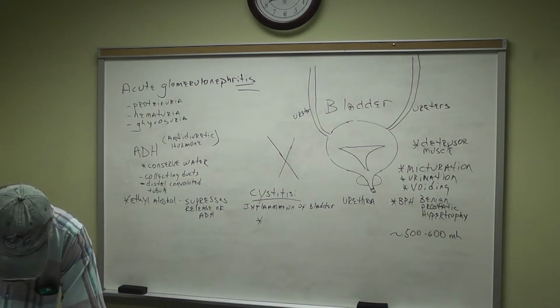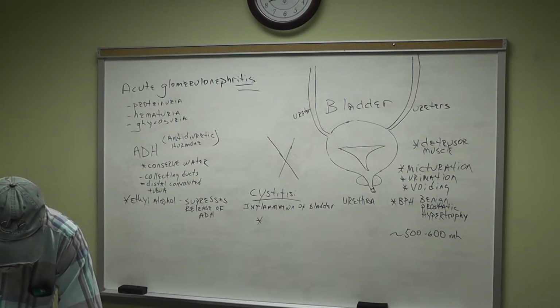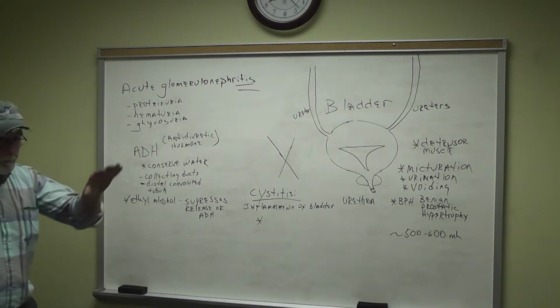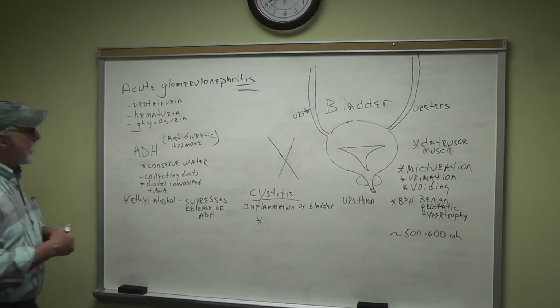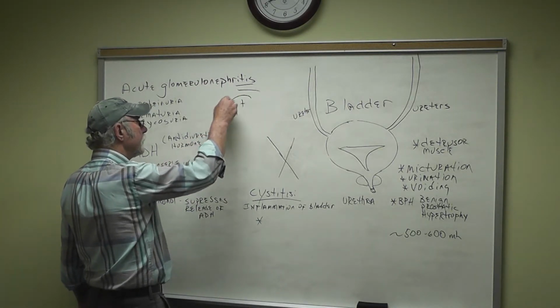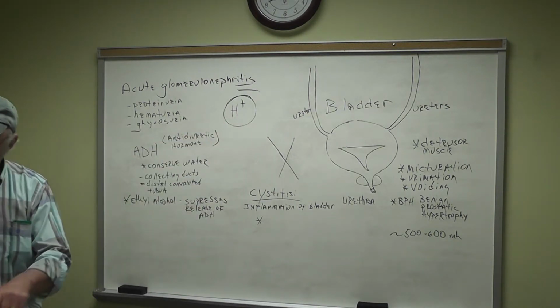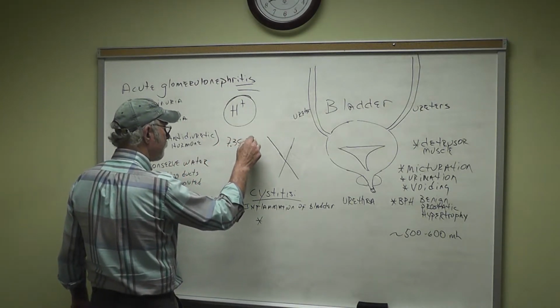Tubular secretion. Yeah, and I don't get real picky about a lot of the things that are secreted and a lot of the things that are reabsorbed, but if you keep in mind the big picture, what does your body need? It needs water. It needs sugar, okay? It needs sodium, okay? Chloride, all right? Now, and again, in helping to maintain blood pH, it can regulate whether it will get rid of hydrogen ions or reabsorb hydrogen ions to maintain our 7.35, which I want you to remember, 7.35 to 7.45